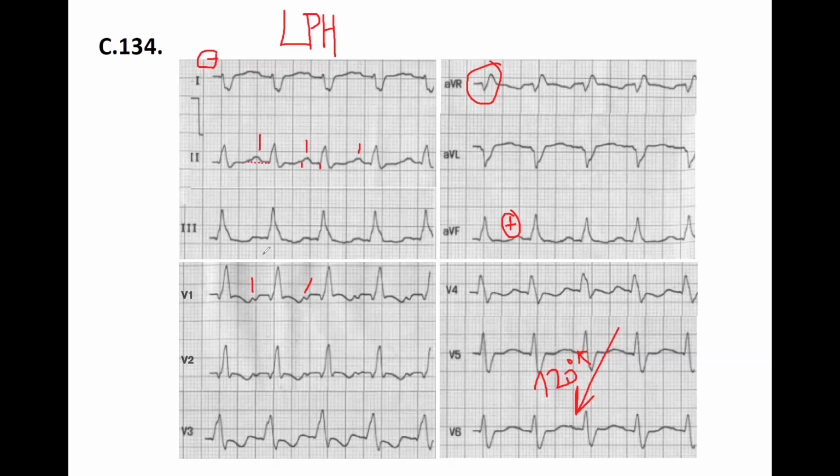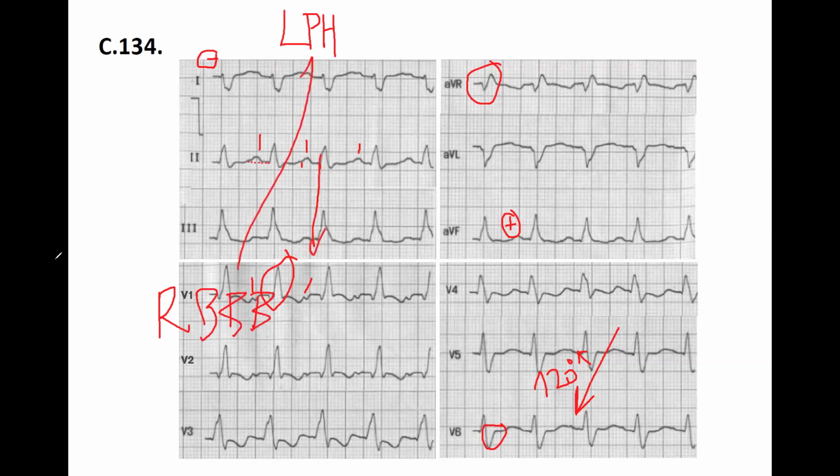Oh, do we have a right bundle branch block? In V1 there is an RSR complex. So we have a right bundle branch block, and that's possible. It's a trifascicular block. We do have a right bundle branch block. We do have a left posterior hemiblock that makes a bifascicular block,